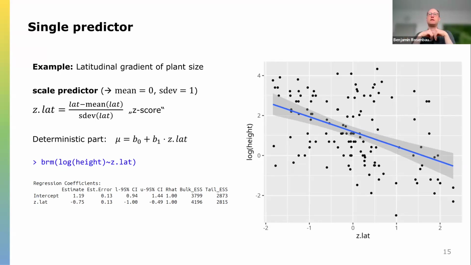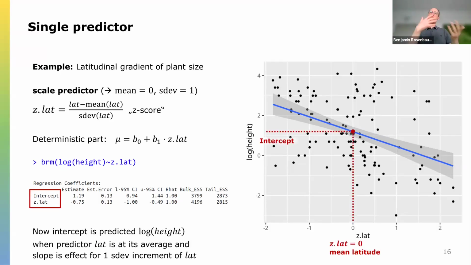Internally, brms always mean-centers the predictor anyway, just to be computationally more efficient in estimating the intercept. Afterwards, it scales the predictor back to the original scale. But we can also have our own reasons for doing this, because for us, all the parameters become more meaningful. If I standardize my predictor, so I shifted it and also scaled it down or up, depending on the original scale,